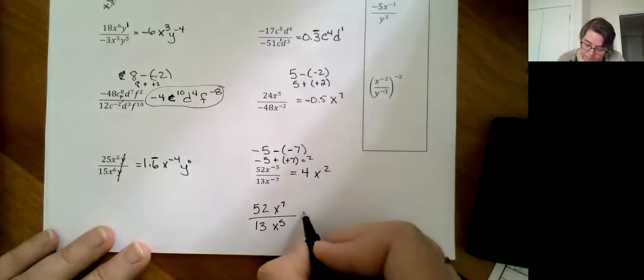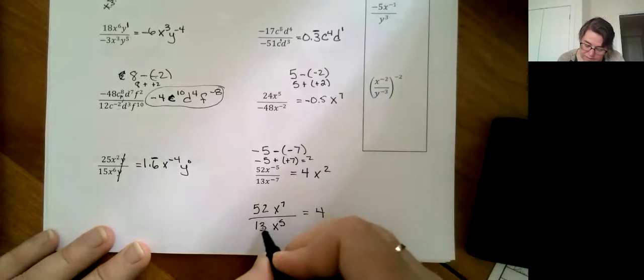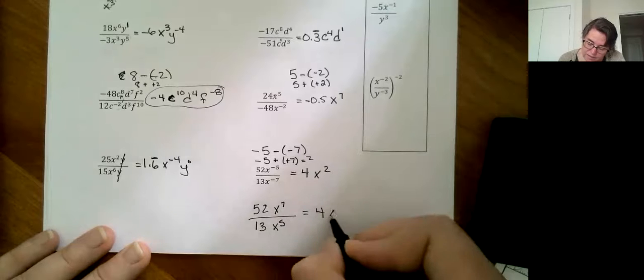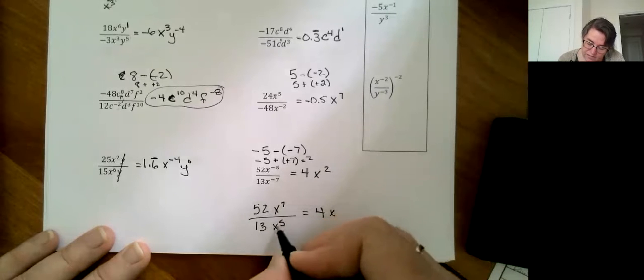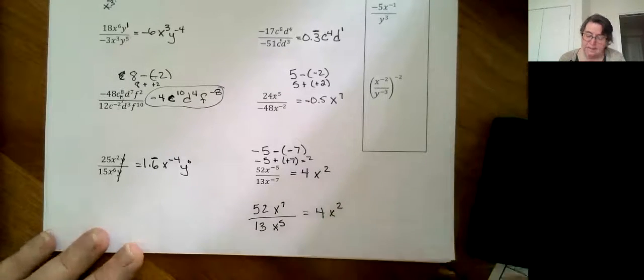Either way, whoopsies. I guess I should finish it. 52 divided by 13 is 4. And we do the division on this. X to the 7 divided by x to the 5th is x squared. Either way, you get the